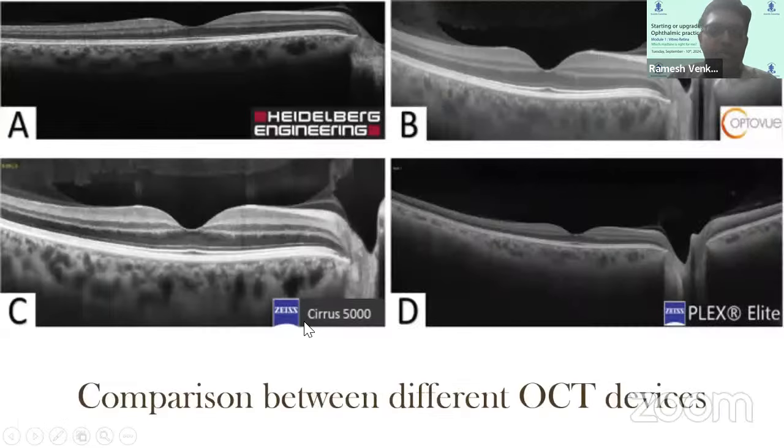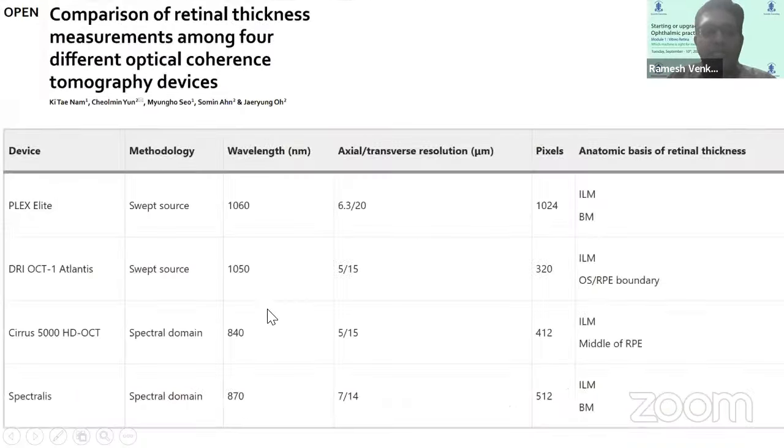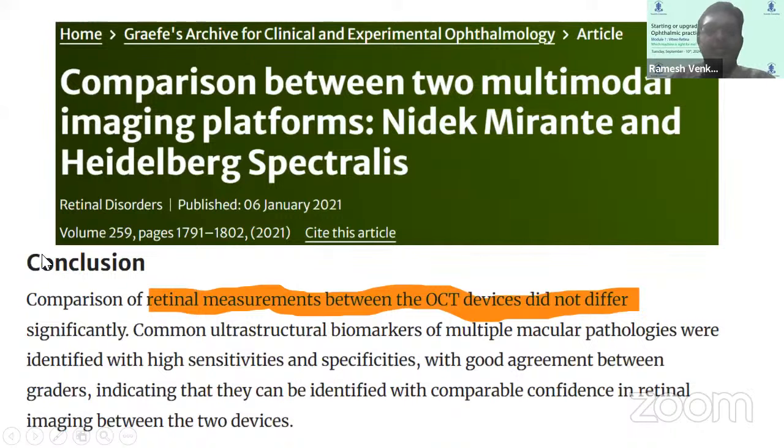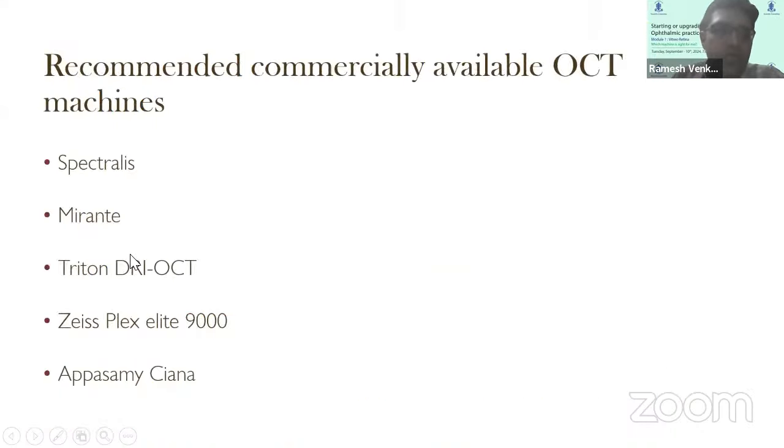So these are the differences which are available. There are comparisons between the different OCT devices, which tell us that the Plexilite and the Spectralis are equally comparable, and even the Mirante and the Spectralis are comparable between the two. So my recommended commercially available OCT devices would be the Spectralis, the Mirante,